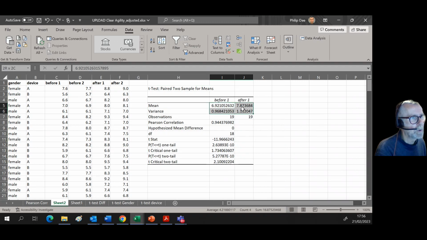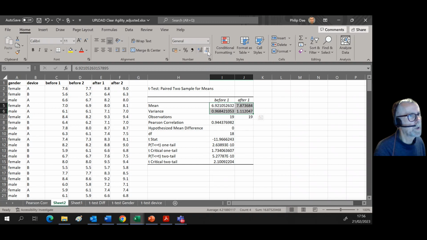Certainly I don't want all of these decimals, so I'm not going to select them all. If I go back to home, I showed this in class where you can just reduce the number of decimals. I'm going to stick to say 3 decimals. I think as long as you're consistent, 2 or 3 should be enough, but you might want to talk to